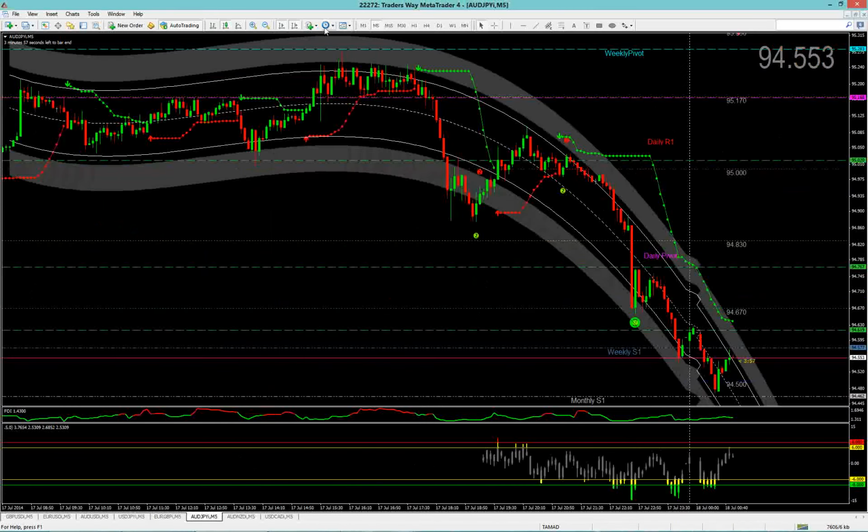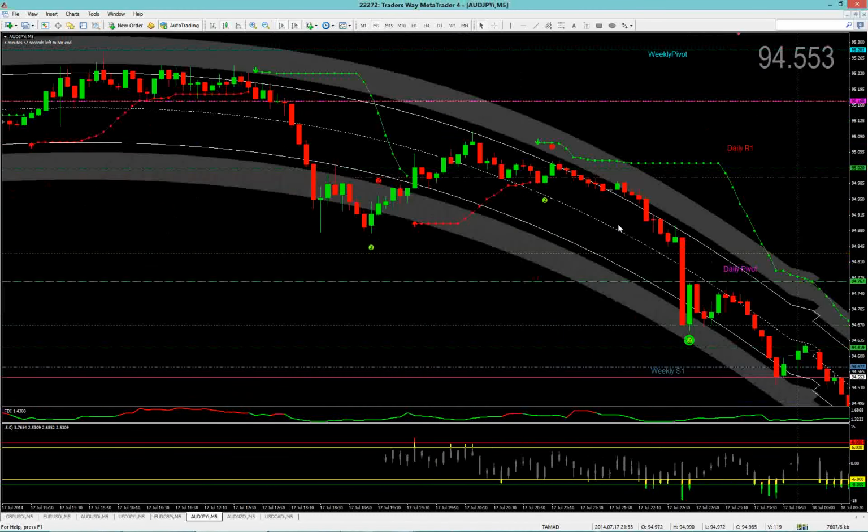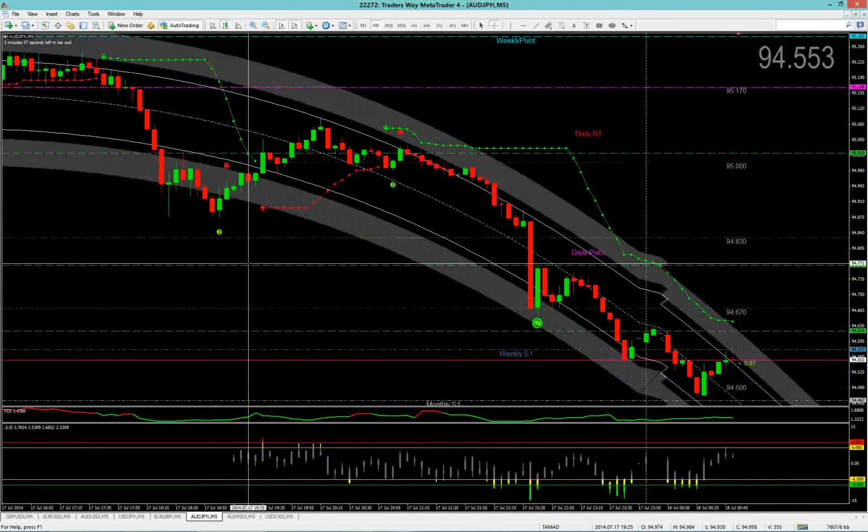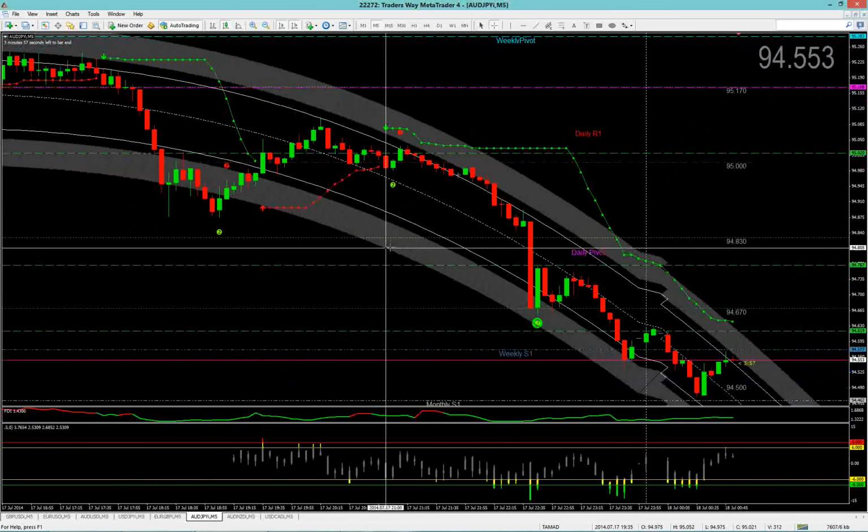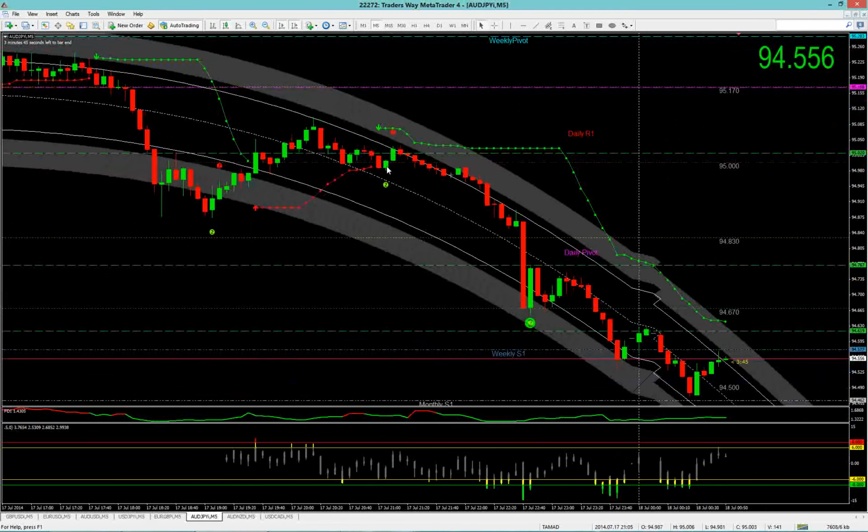Okay, this is our next one. This is AUD JPY. Let's take a look at what we got here. Nothing, nothing, nothing. We get green here. We are green on the above. We're green on the below, but price is above the center line. Definitely a no trade. Even though it was a win,